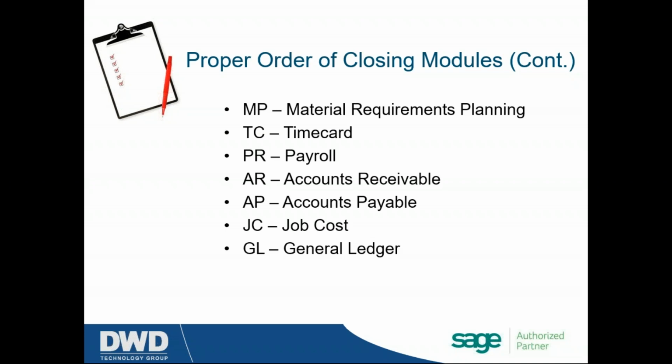And the last one, as you might expect, that you're going to close is going to be your general ledger module. Okay, so you will close all the other modules first, whatever it is that you have, with the general ledger module being the last. And also should note that you do not have to have every module in the same period, okay? So it is fine, one, if you don't go in this exact order, and two, it's okay, for example, to have your accounts receivable module closed for November, for example,